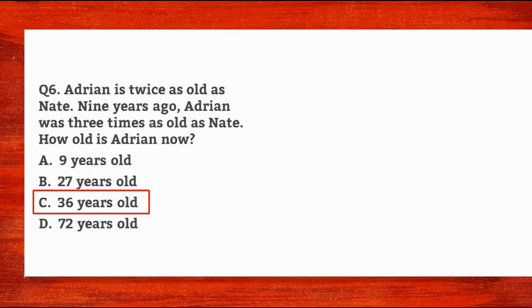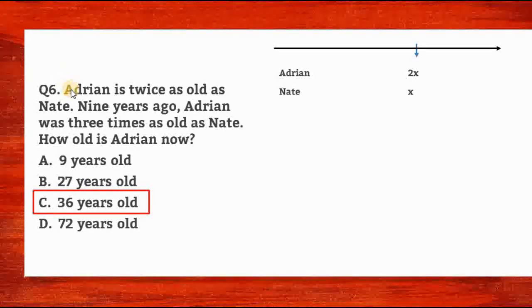The correct answer is letter C. Adrian is 36 years old. So we make a timeline. There are 2 persons involved, Adrian and Nate. We set Nate's present age as X and Adrian's present age as 2X, since the problem states Adrian is twice